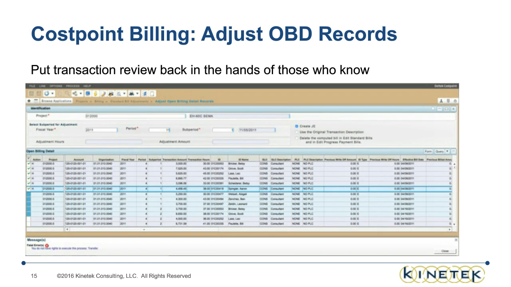Well, there is a function in Costpoint, Adjust OBD Records, which allows you to review en masse all of your transactions that have not been billed. And from within the screen, you can flag transactions to be put on hold. So if you can see down here, I've got this action where all these green checkboxes are with a hold flag against them. The screen's a great screen except for the fact that it also allows you to do other things. It also allows you to write off transactions. It also allows you to do cost transfers from directly within this application itself.